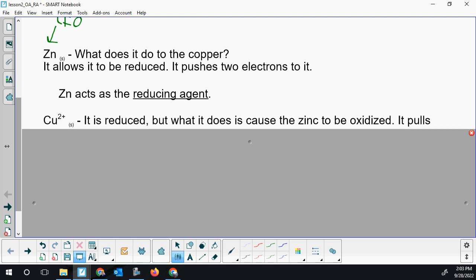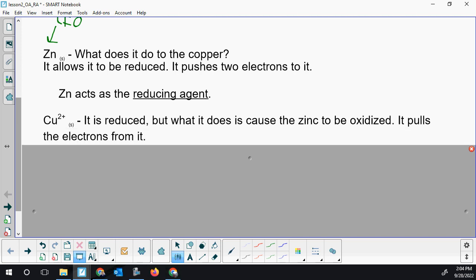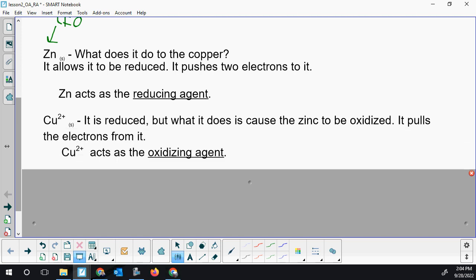We're going to say everything opposite about the copper 2+. It is reduced, but what does it do to the other chemical? Well, the fact that it's positive is pulling electrons away from the zinc. If it wasn't for the copper to help pull and receive those electrons, zinc wouldn't be able to get oxidized. So even though copper 2+ is our GER, gaining electrons, it is reduced. It is our oxidizing agent that causes the other thing to get